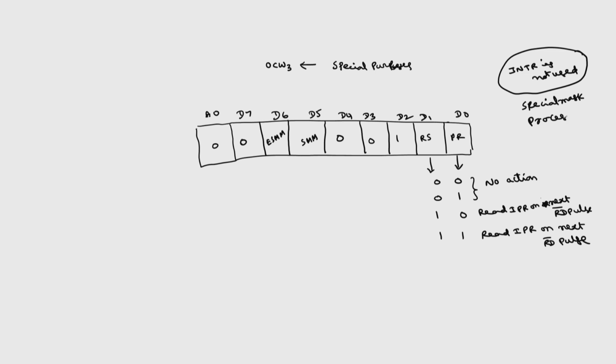Only the read bar signal is used in this process. So during the second pulse, during the third pulse, we are going to send this 10 and 11, corresponding to these two bits. This is the read specific mask, set bit mask. This can be 0, 0, 0, 1, 1, 0, 1, 1. This is the reset special mask. This is set special mask, and here there is no operation.